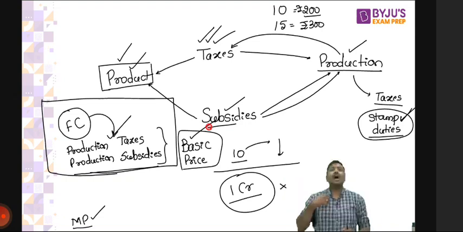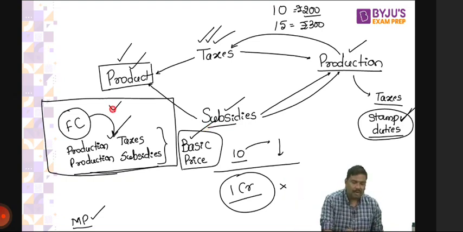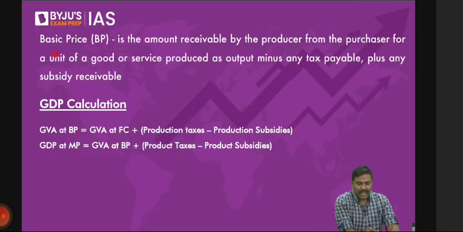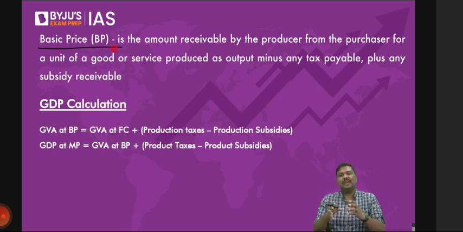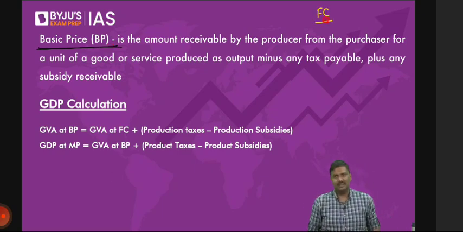So how do I move from the basic prices to market price? First and foremost, what is the basic price here? Basic price is the minimum amount of revenue that the manufacturer is expecting. I've given the definition here. The manufacturer is expecting a certain amount of money from the market. That minimum amount is called basic prices. Some of you basically believe that, sir, factor cost should be the minimum price.